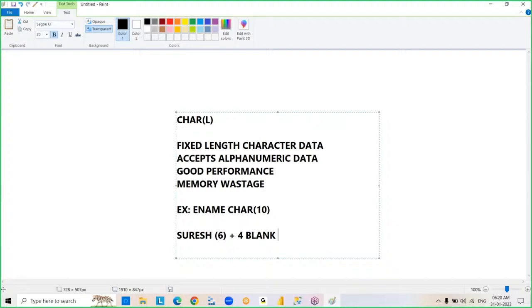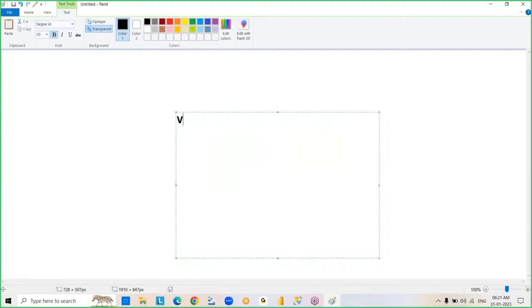True, true, true, false, false, false. This type of data we are going to insert, right? Some columns, every time same data. So those columns we are going to use this data type. Otherwise, what happens, we are going to work with the varchar. This is known as variable length